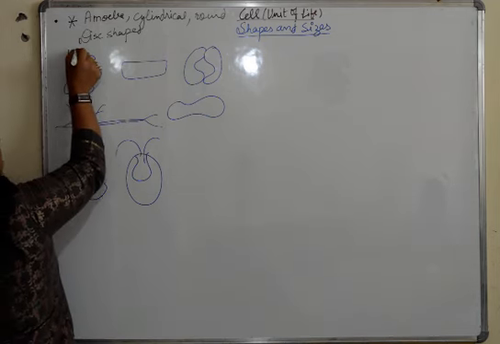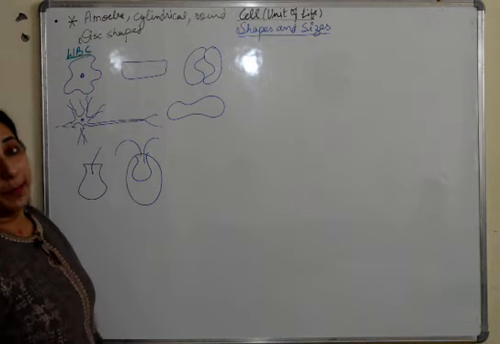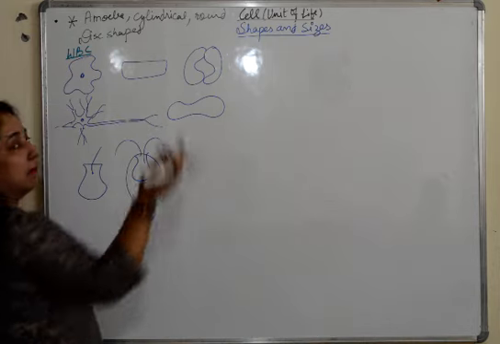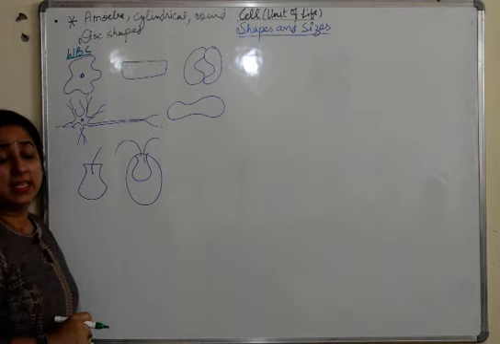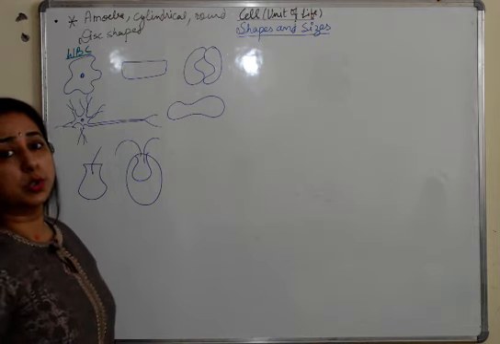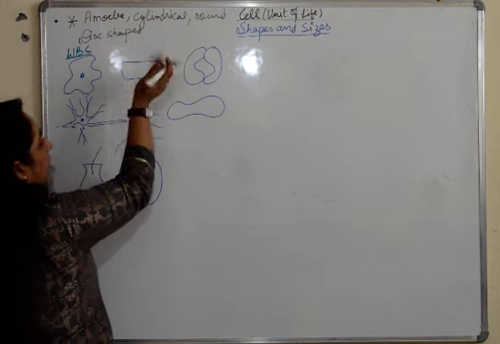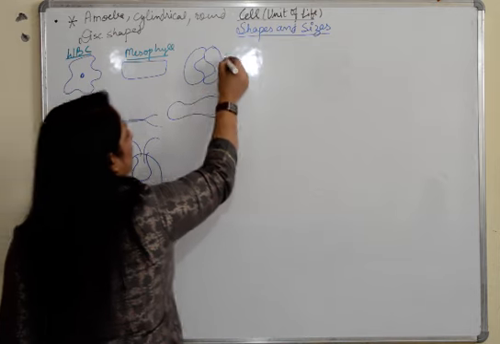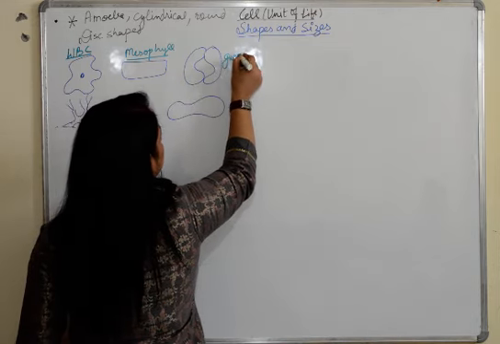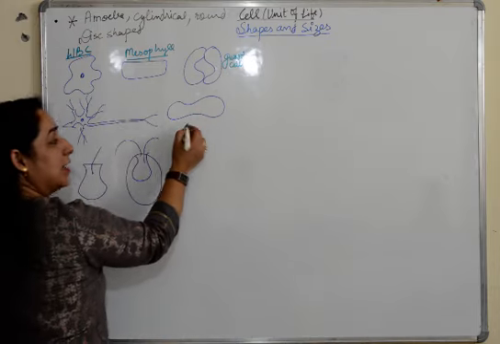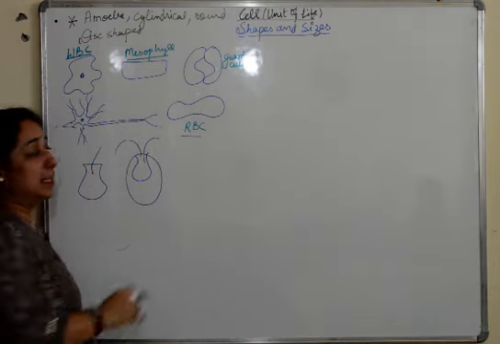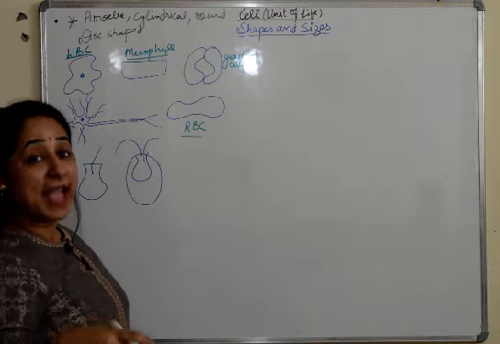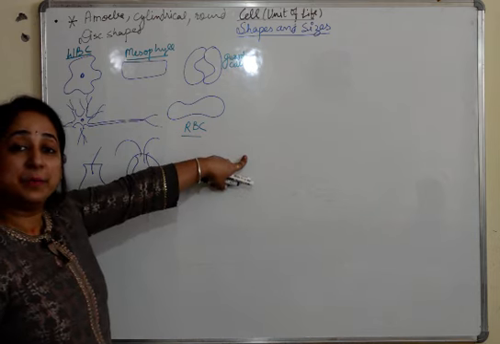This is a WBC, it has this amoeboid shape so that it can easily move, it can easily squeeze out from the blood vessels. This may be rectangular, it can be mesophyll cells, cylindrical cells can be skeletal muscles also. This is a very common shape, so we'll write mesophyll cells in plants. This of course is guard cells. Fine. This RBC, the disc shaped structure. Why does it have this shape? Because the nucleus has been removed from here to increase its efficiency to carry more oxygen. So we can clearly relate the shape to the function.